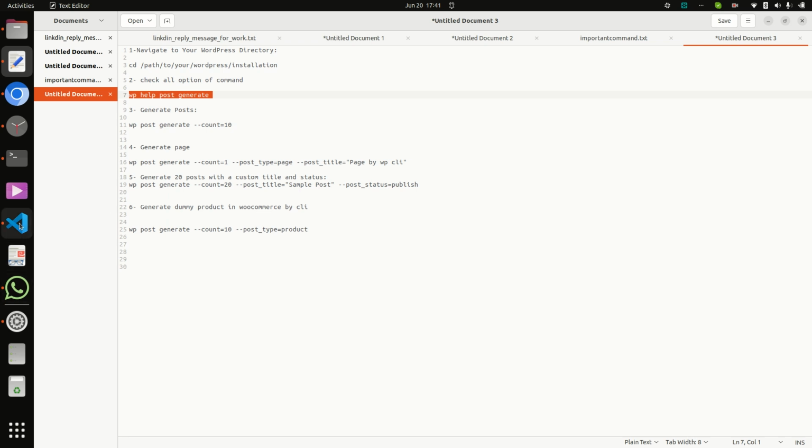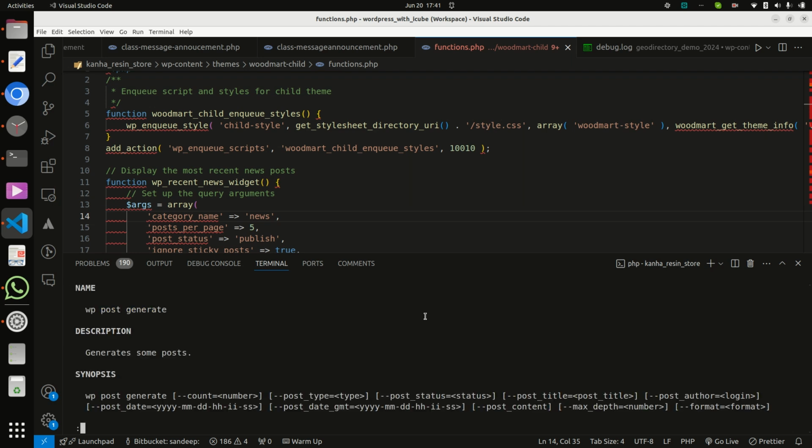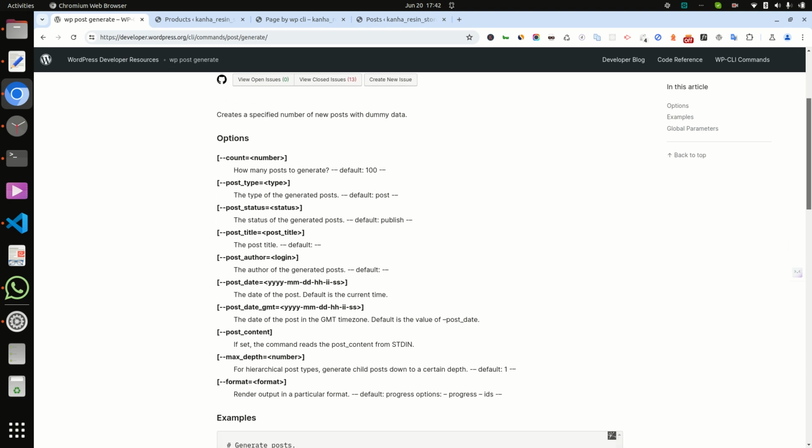So we just write it here, and here you can see wp post generate has the options count, post type, post status, post title, post author, post date, etc. All these options are also described here. And if we do not give count, then it will take 100, and if we do not give post type, then it will take post. Same for post status and title.